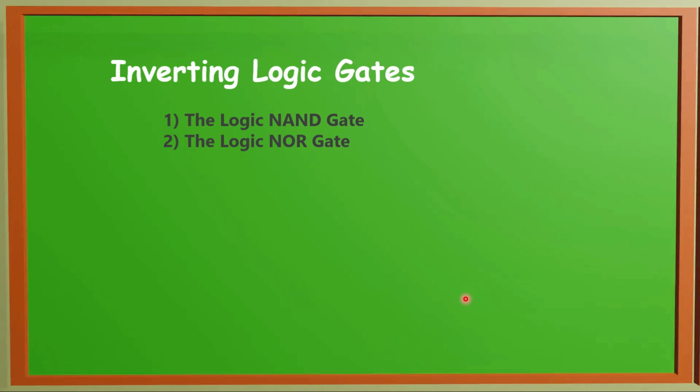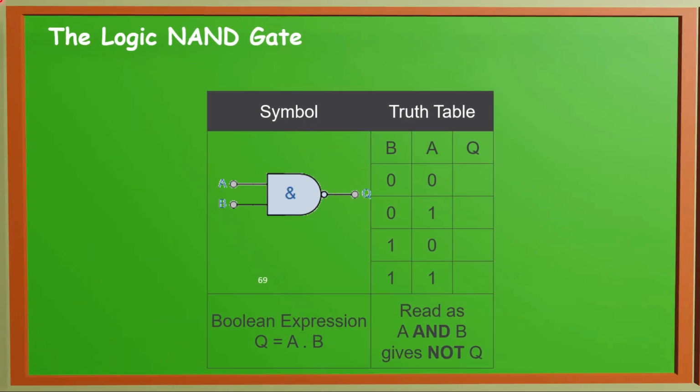Then next type of logic gates are inverting logic gates like NAND and NOR. These are very simple logic gates where NAND is not AND. Let us compare NAND gate with AND gate. This is not AND gate. That means whatever is the output of AND gate, NAND gate will have opposite to that. If AND gate output is 0, NAND gate output will be 1. The symbol of NAND gate will be same like AND gate except one bubble at the end of this half circle. This bubble indicates NOT operation.